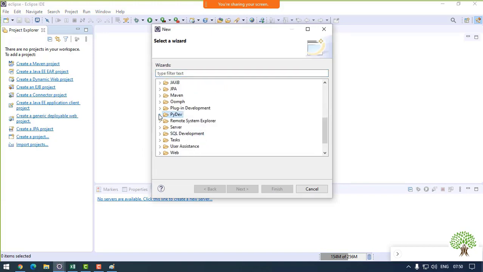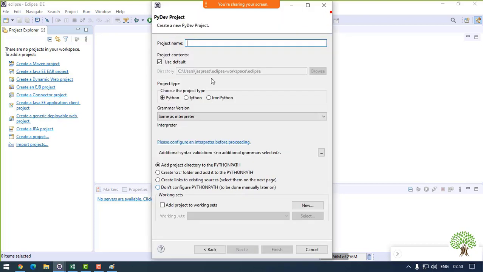PyDev. Now in this PyDev folder I am able to create the PyDev project, package, module, whichever I want to. Even if I want to go for the Django project, if you want to use Python for web development, you can also create that. Okay, right now I want to make a project in Python, so I'll click on next and I'll give the name of my project, let's say